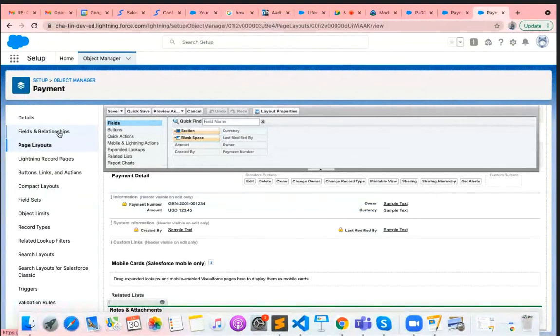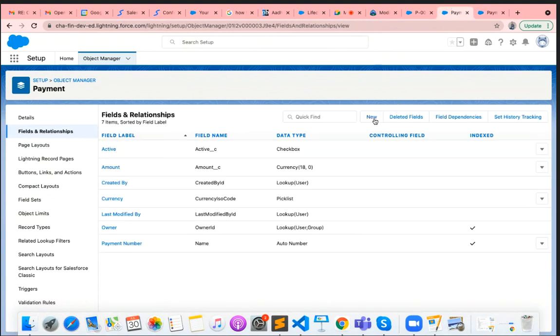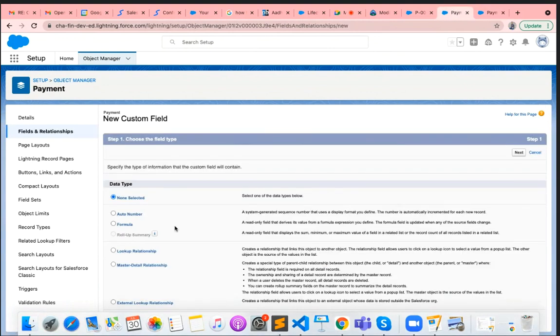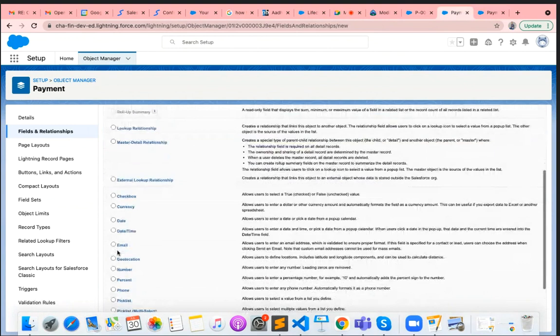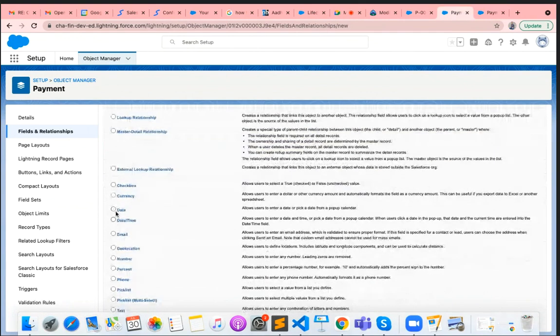In the payment, who the payment is connected to and who created it. Those are all things. Payment date: I can say what date the payment was done. You can choose date and time, or only date, whichever you feel, if you want to get the exact time and date.